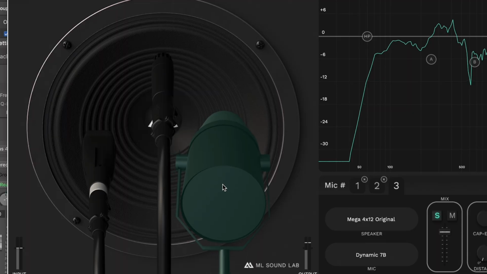So that means there's some sculpting and some shaping going on. So that's where I have limitations when using CAB IRs, because now I have to resort to more EQing and getting things to work. So what I found awesome, right out of the box with Mikko2, was just the ability not only to